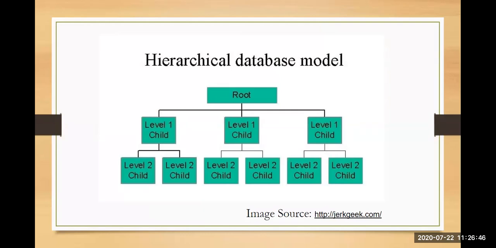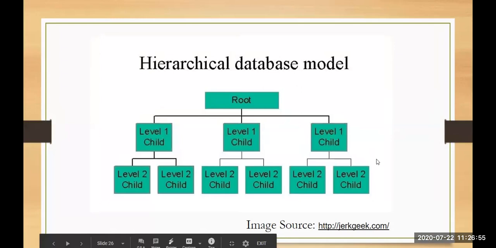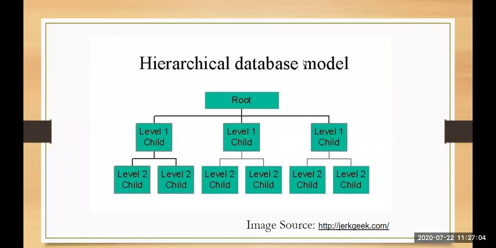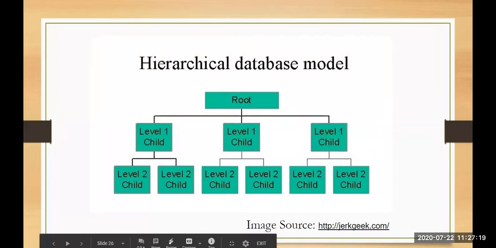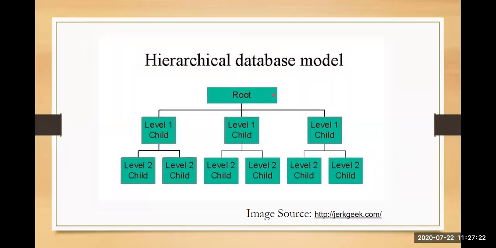The hierarchical model is a data model in which your data is organized into a tree-like structure. You can see there is a tree-like structure there. There is a root node, there is a child node, there is a parent node. That is your hierarchical model. The data which is stored is in the form of records, which are connected to one another with the help of links. You can see the links here. The lines going across are the links.